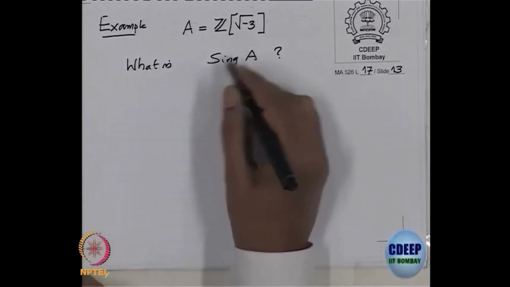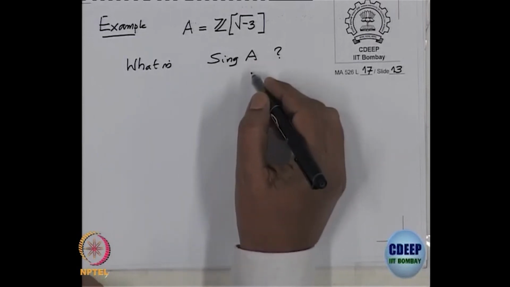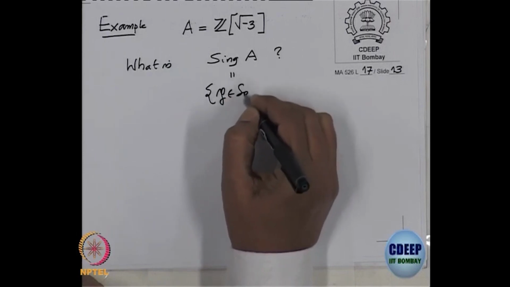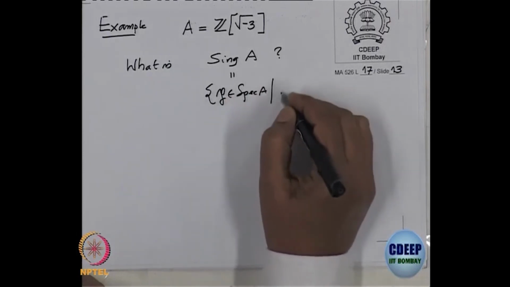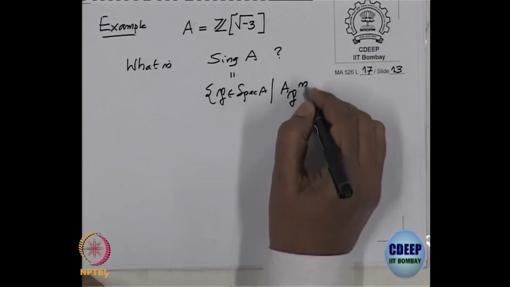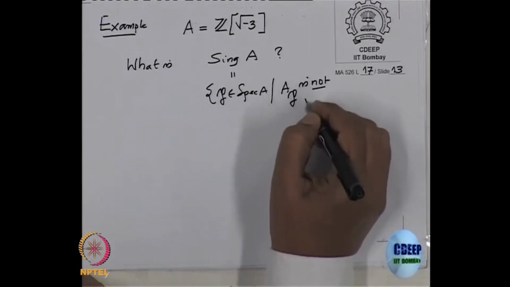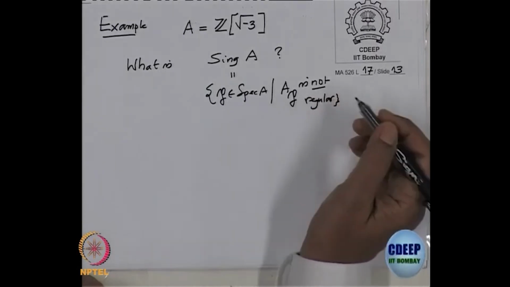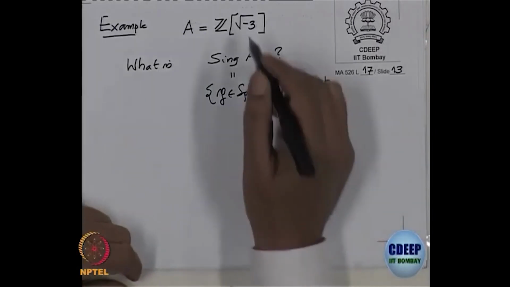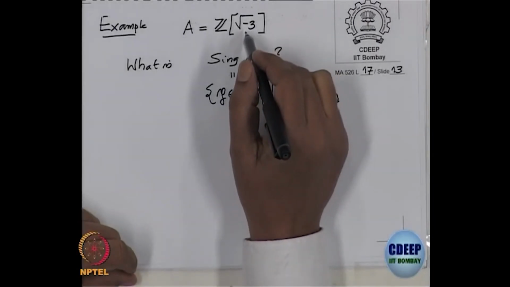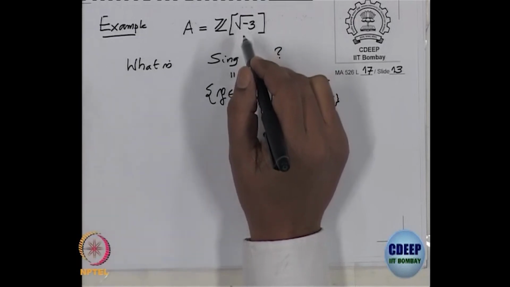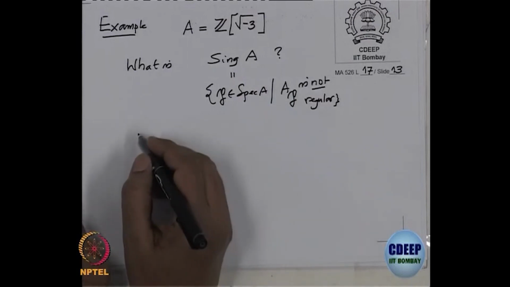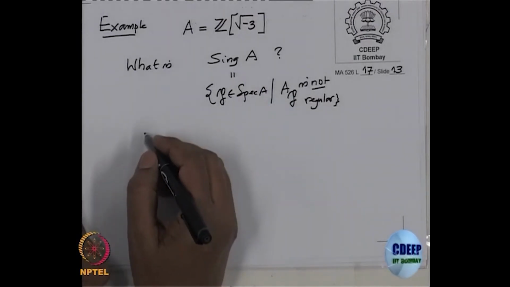That means what are all those prime ideals P such that A_P is not regular? This is a one dimensional ring. So again, I will not complete the calculation here, it is not so difficult, but what will be